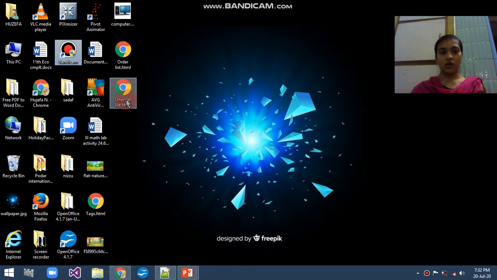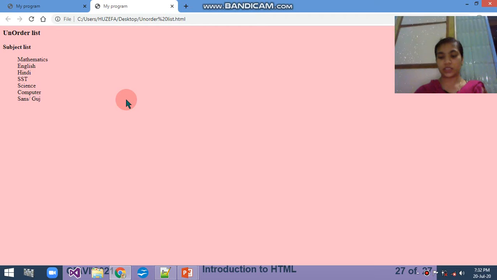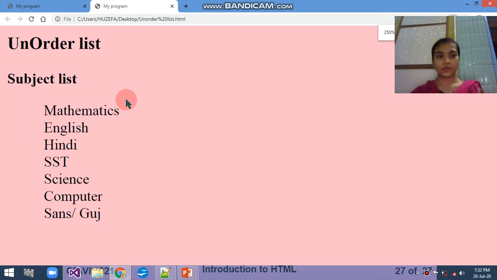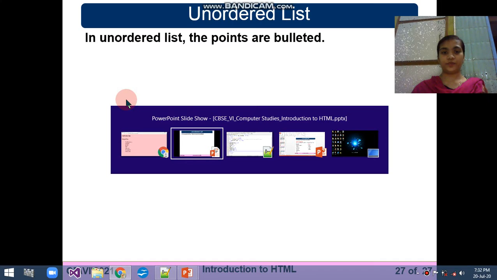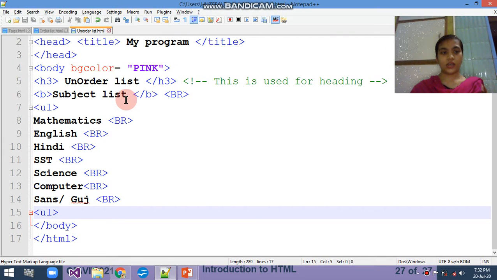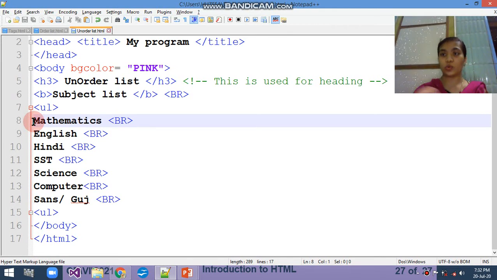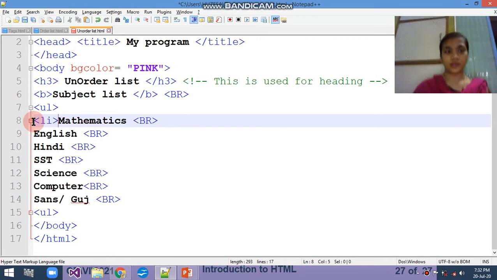Okay, this is the unordered list. Here you can see that. Okay, so here you have to enter the LI as you can enter in the OL. आप जैसे OL में LI को यूज़ करते थे वैसे ही आपको सेम यहाँ पे भी एंटर करना पड़ेगा LI. I am copying that and entering it in front of all the list items.